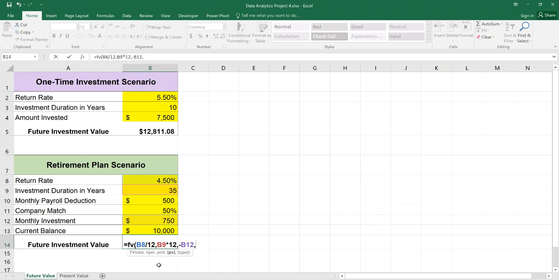Type a comma to go to the PV. This is how much money is already invested. And we've taken a look at this before. Start with a minus sign, click cell B13. This is the current balance, so this is the money that's already invested. I'm going to assume that the monthly investments are going to take place at the end of every month, so I don't need to define the type argument. Excel will assume 0 if I do not define this. So I'm going to close this function with the closing parentheses, tap the Enter key, and we can see if